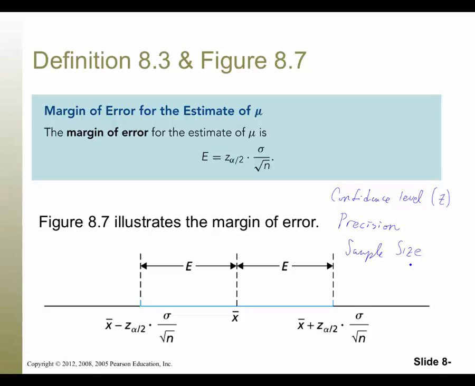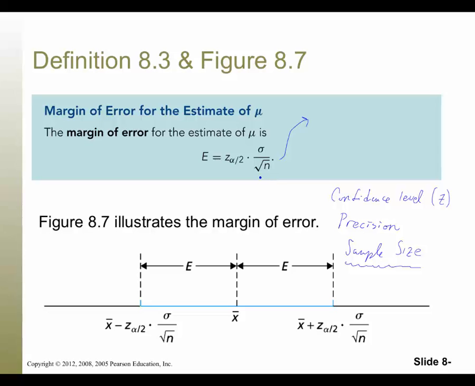If the sample size goes up, then I can get more confidence for the same amount of precision, meaning I can keep that margin of error the same and be more confident that the population mean is in my range. Okay, so this then